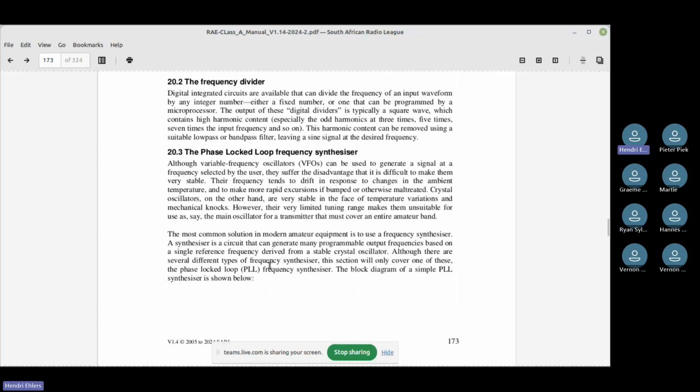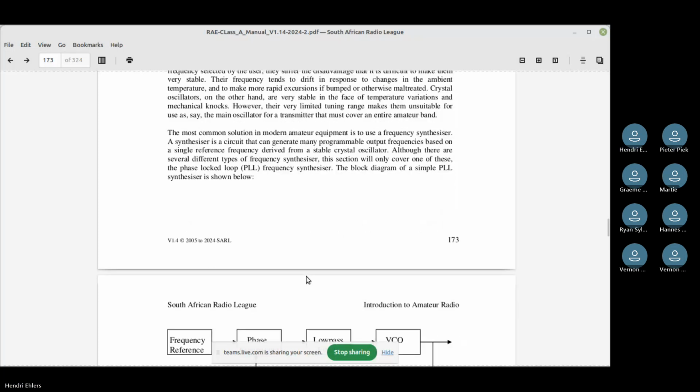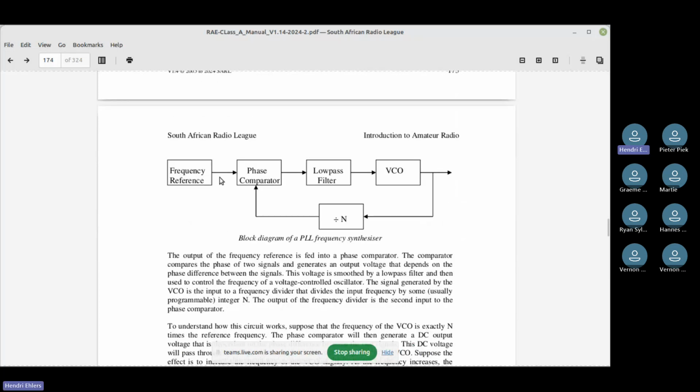Jy sal ook sien baie keer hierso gebruik hulle die afkorting PLL. En dan hierso is weer jou blokdiagram, jou vloeidiagram en VCO is mos nie varicap, né? Voltage controlled oscillator, dis reg, ja. En dan kan jy sien wat ons nou daaroor gepraat het. Hier's jou phase comparator of phase shifter, low pass filter, VCO, kom hy weer feedback terug. En dan so loop die besigheid in die ronde.